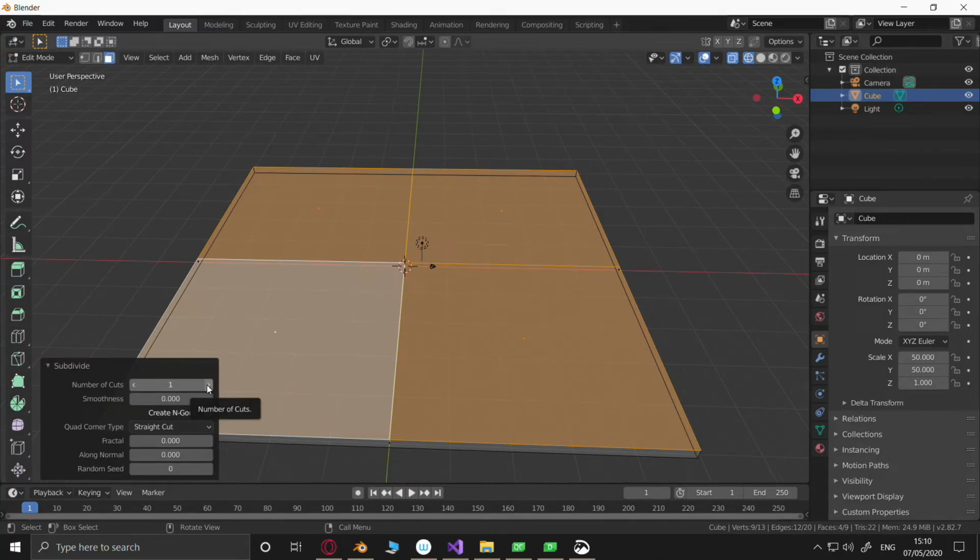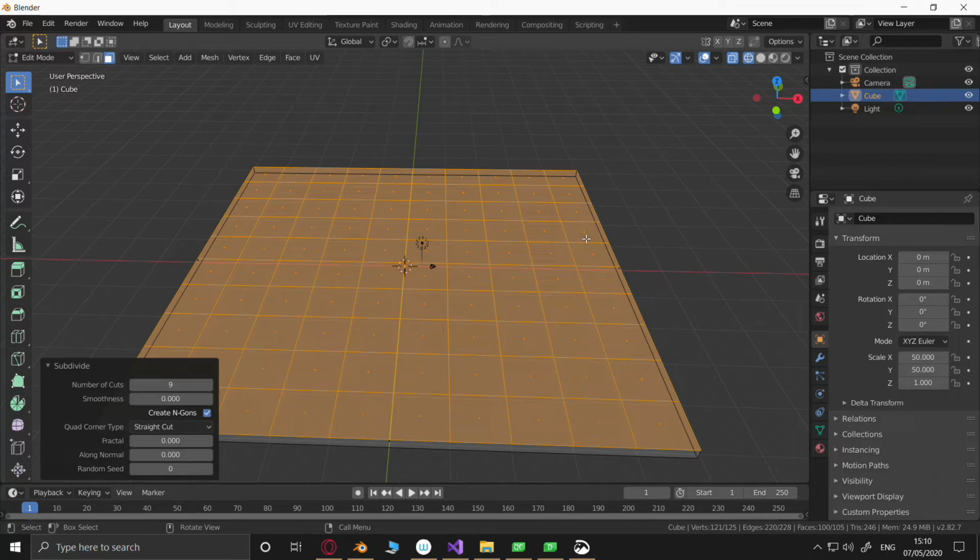Let's just do them one by one. 1, 2, 3, 4, 5, 6, 7, 8, 9. That's perfect. There you go. 1, 2, 3, 4, 5, 6, 7, 8, 9, 10.